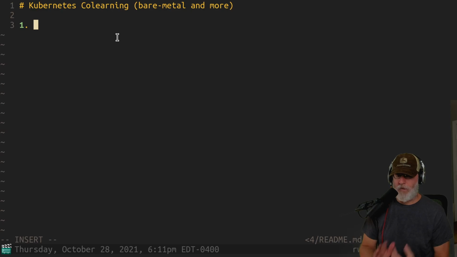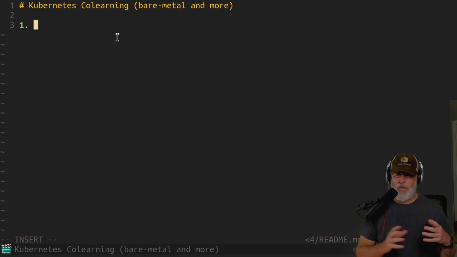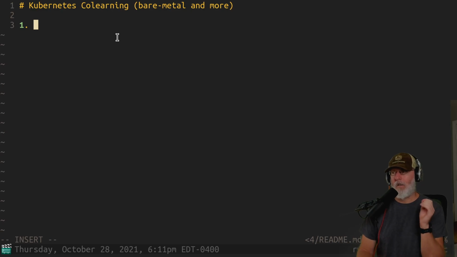Most of the work that's been in the Kubernetes Colearning space has been dedicated recently to coming up with the best learning environment to practice doing the CKA stuff. I already have kind of a basis for the CKD, the development stuff, and I'm going to come back to that. So there's 2 main things I want to talk about, but today specifically, I want to talk about bare metal options and on-prem.